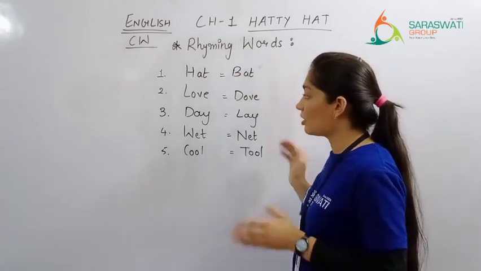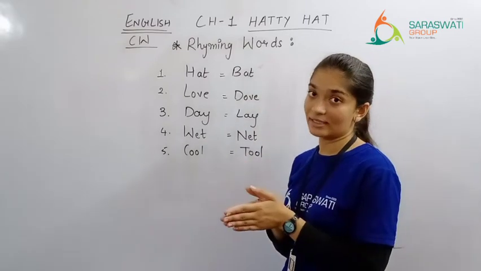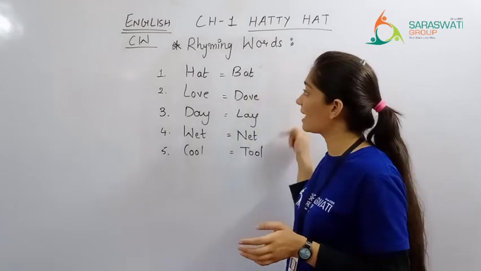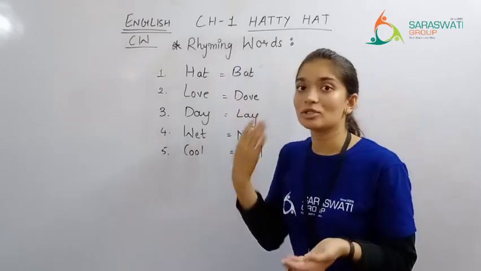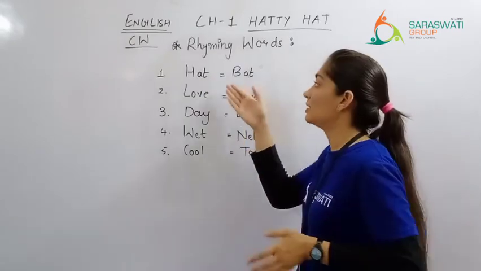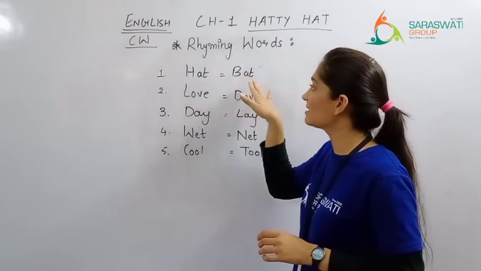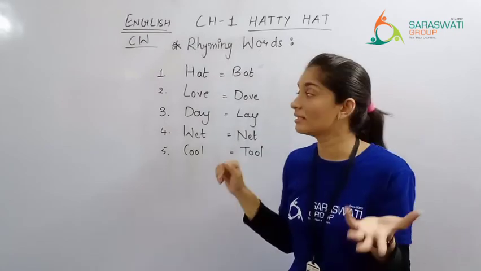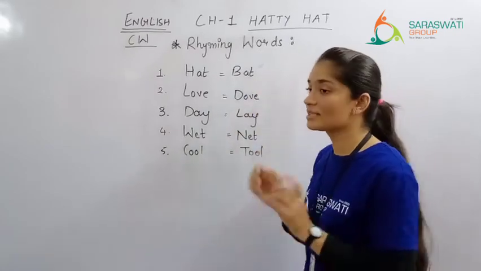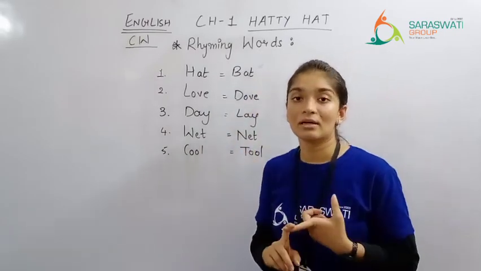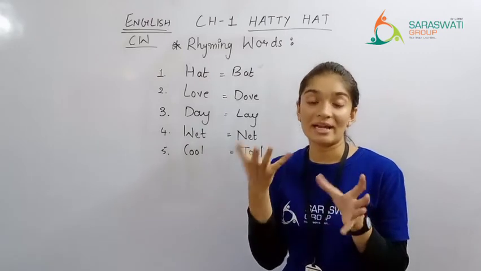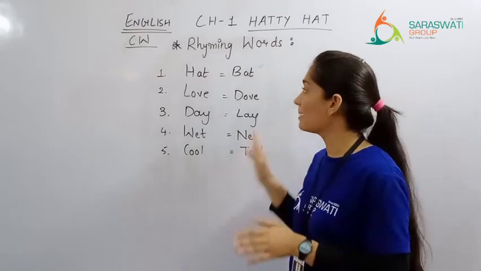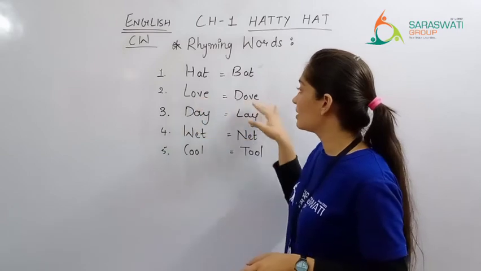So in your text, તમારા context ને relate કરીએ તો we have that type which is spelling similar and also sounding similar. So let's start the first one. Hat, bat. Hat એટલે the cap that you're wearing, the kind of cap, and bat means it is the thing which you play bat and ball, right? That is bat. Love, dove.